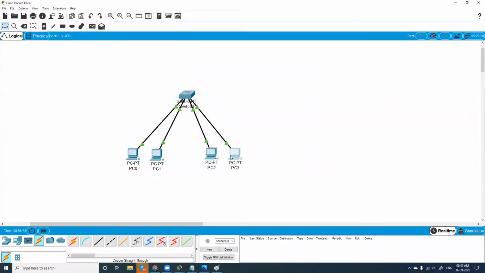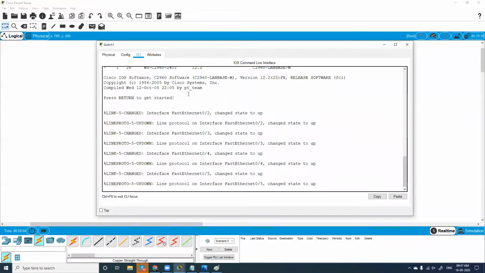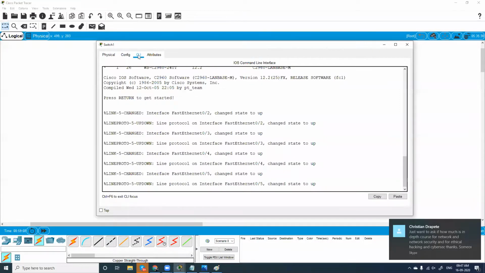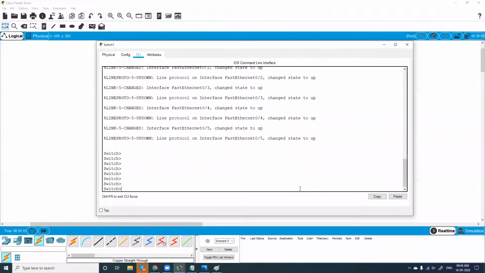I'll close this. This is 192.168.1.5. Yes, I'll close this. When you open up a switch, you have to go to the CLI and press enter. A switch usually has 3 modes, just like a router.